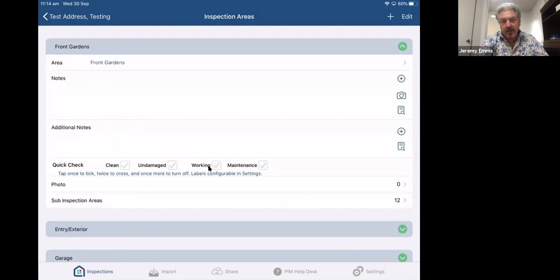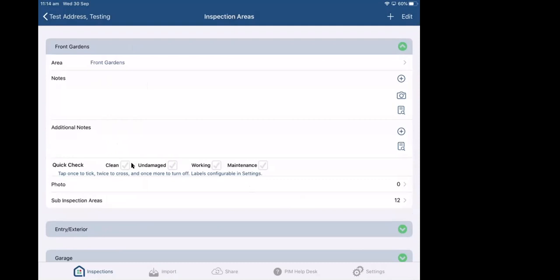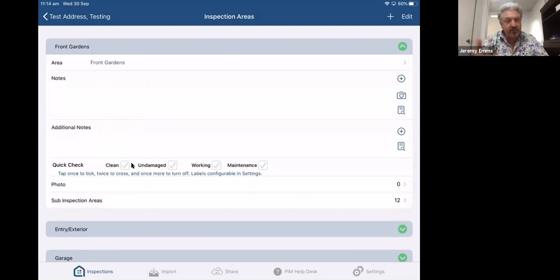So the standard's clean and damage working and maintenance, but you could change it if you like to satisfactory, not satisfactory, tenant action, landlord action, or a good, poor, fair, whatever makes sense the way that you work. So once you go into an area, you can tick those,